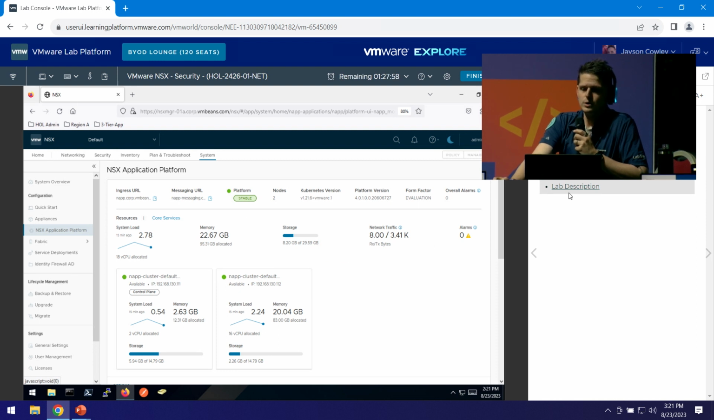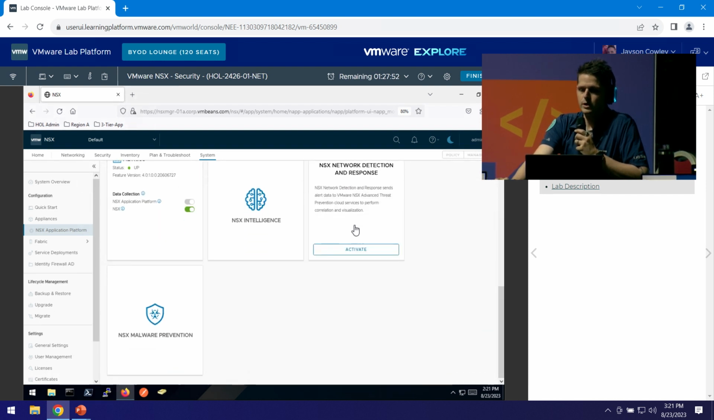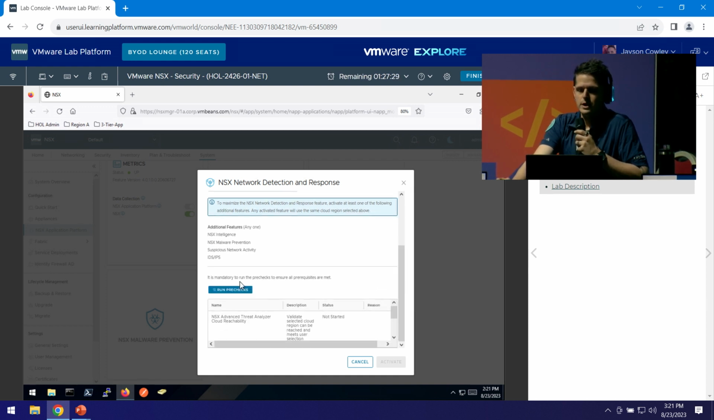Perfect. So for everyone who has a stable NSX Application Platform, go ahead and scroll to the bottom here with that scroll bar. The first thing we're going to do is activate NSX Network Detection and Response. You can just hover over that and click that Activate button. First thing we're going to do is select a cloud. We're in the United States, so we're going to select the United States for this, and all the cloud content here is connecting to the United States. So select our cloud that we'll connect to, and then we can scroll down just a smidge and hit Run